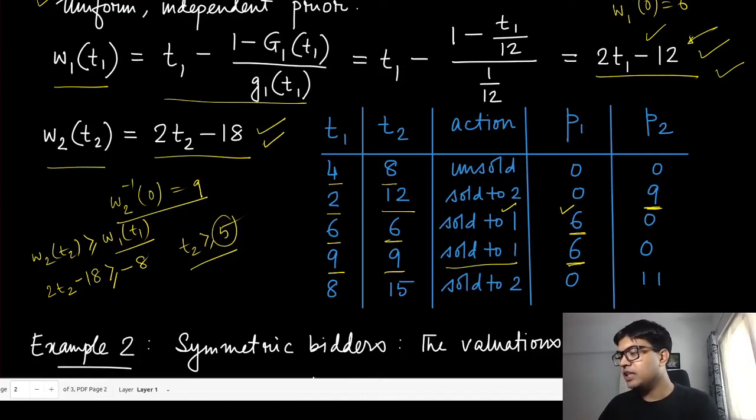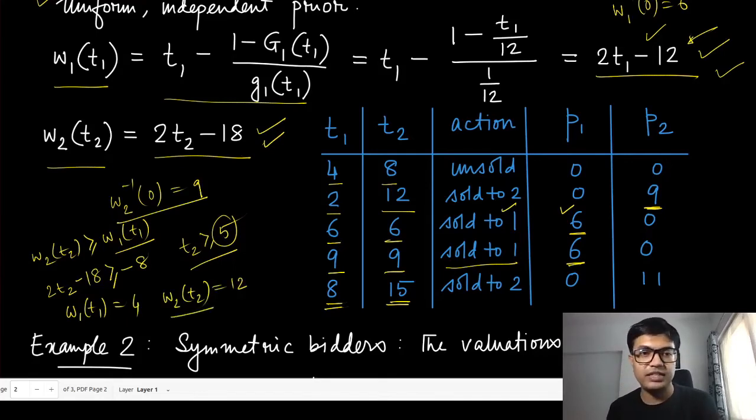Now the last situation is an interesting one, because in this case both these players have virtual valuation which is positive, so they both cross the threshold of 0. The important part is that because this is 8 and this is 15, what is the corresponding value of W1T1? W1T1 is 4, and W2T2 is 12. So clearly player 2 wins. Its virtual valuation is larger, but at what point should it